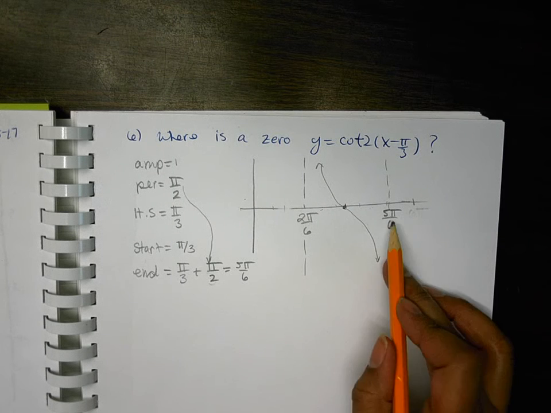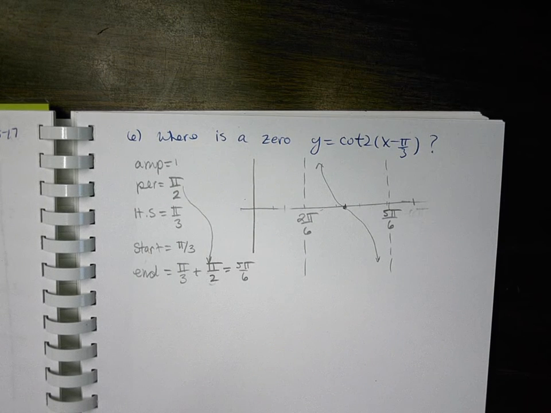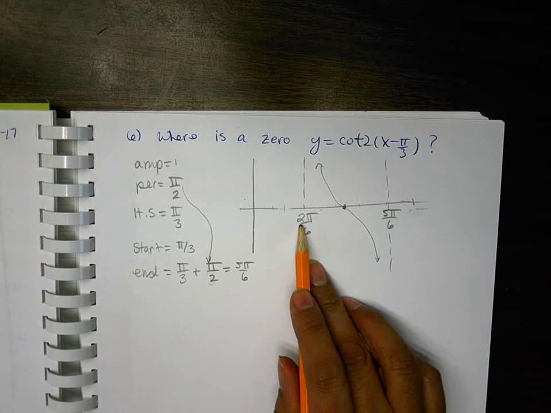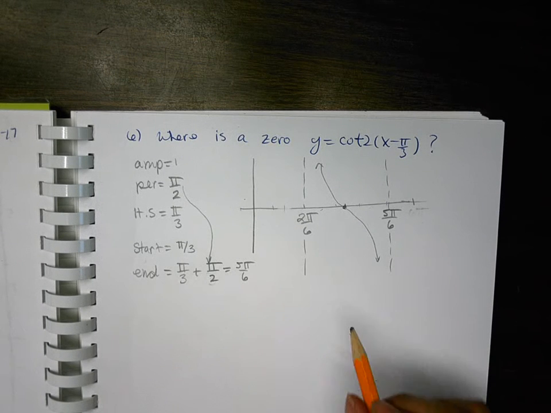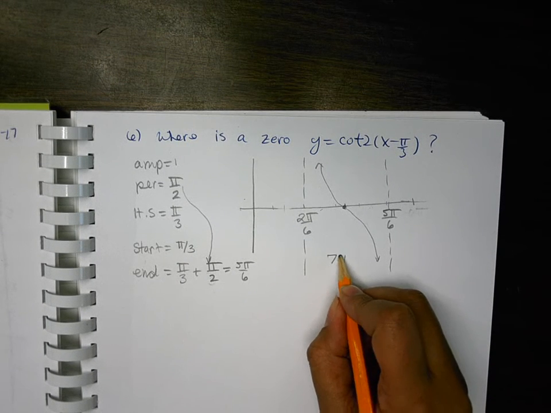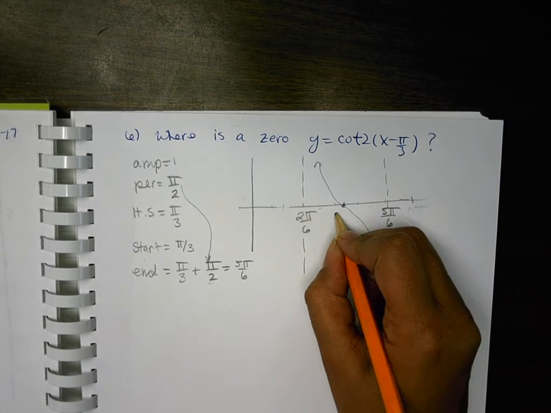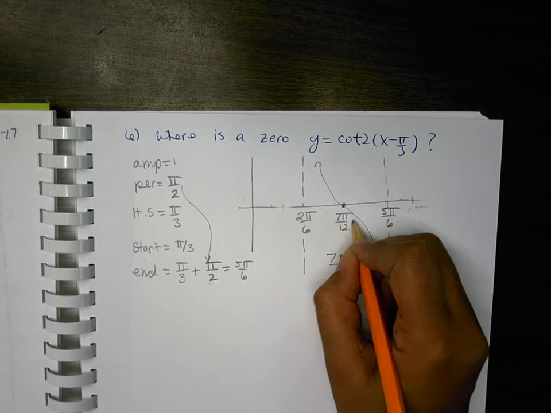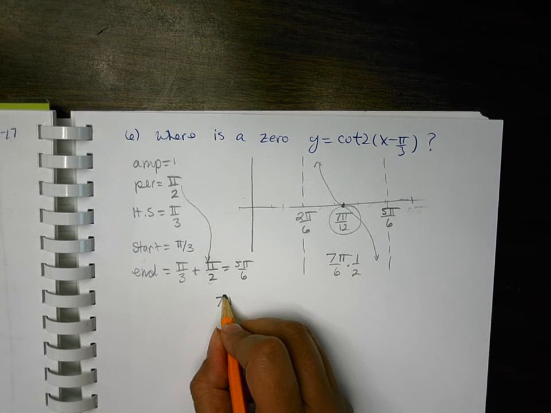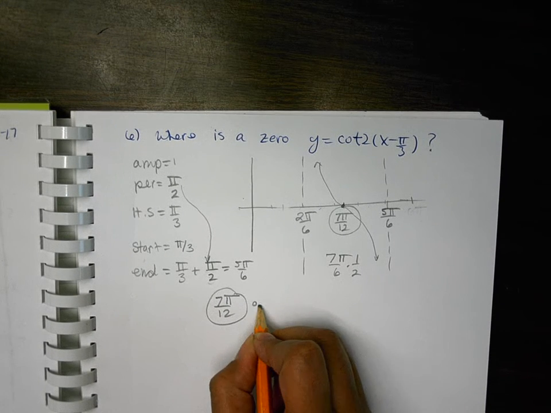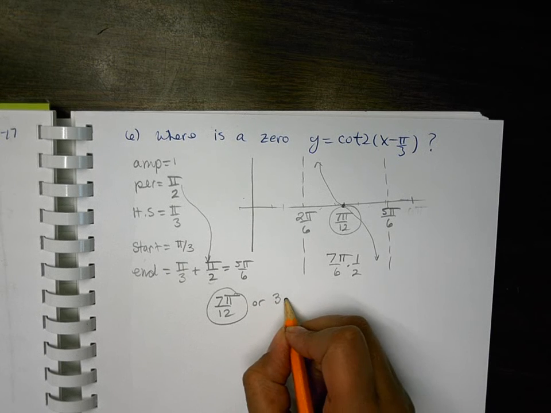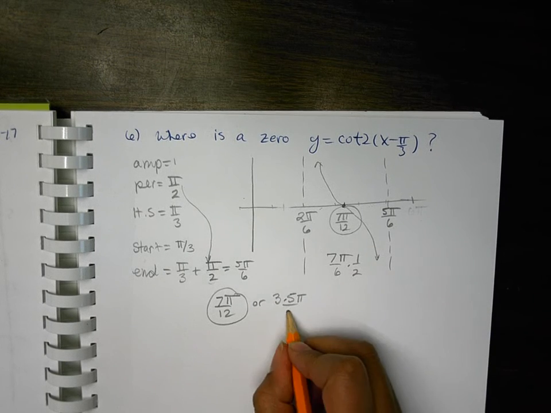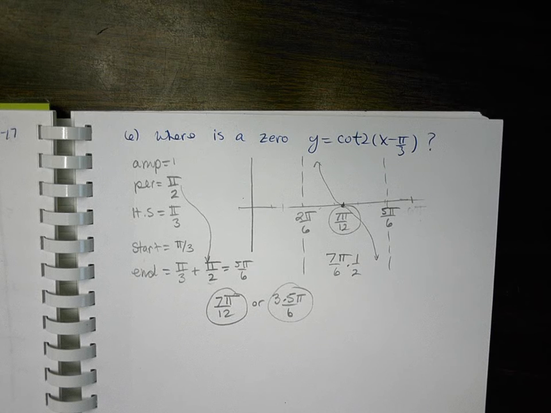Middle point's enough. So 5 plus 2 is 7. You cut the 7 in half to get a decimal. If you don't like that, you do 7 pi over 6 times 1/2. So 7 pi over what? 12. Did anybody do the decimal instead? What do you have? 3.5 pi over 6. Either one is correct. All right, questions? Yes, no? Yes. On the test, we don't have to show the